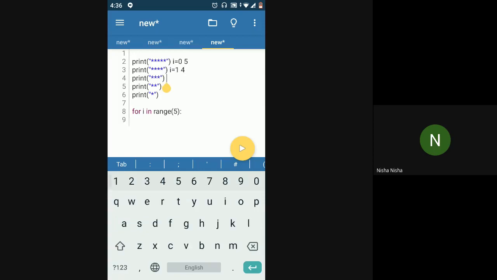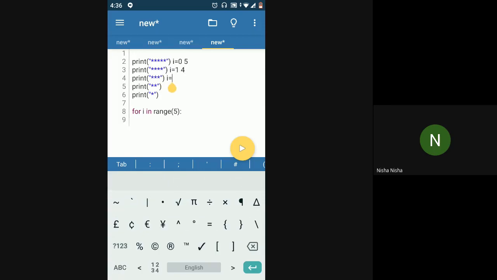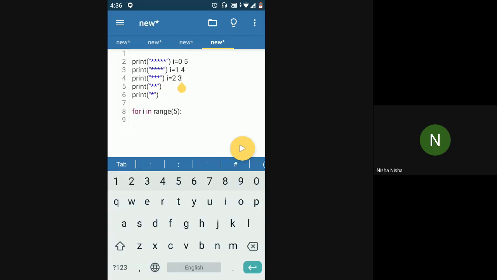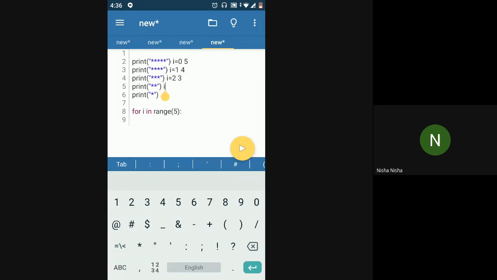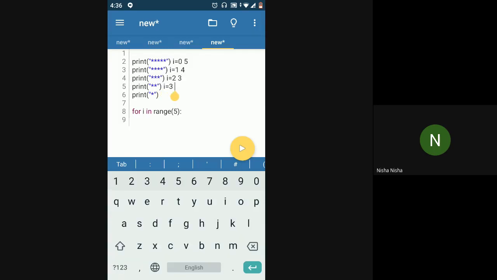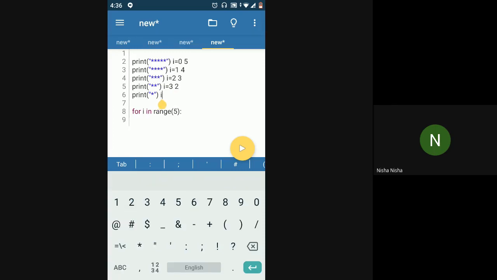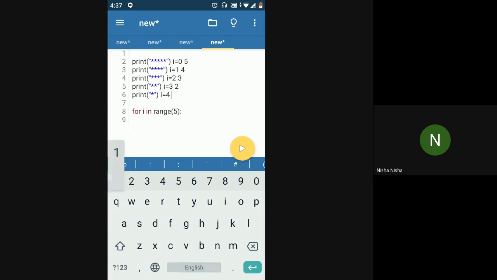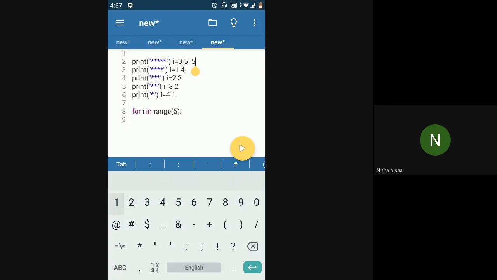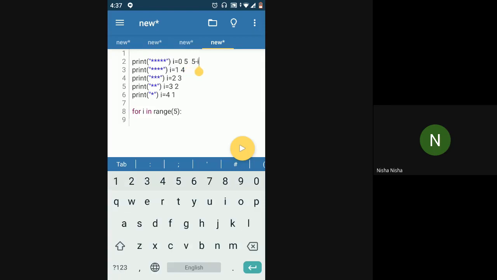If I is equal to 2, I require 3 stars. If I is equal to 3, 2 stars. And if I is equal to 4, I require 1 star.